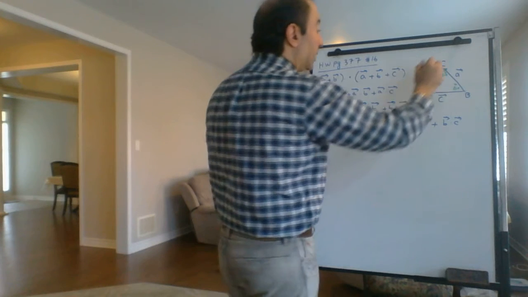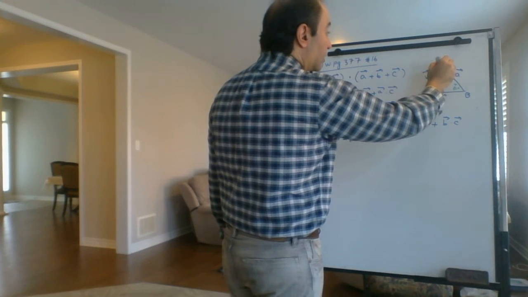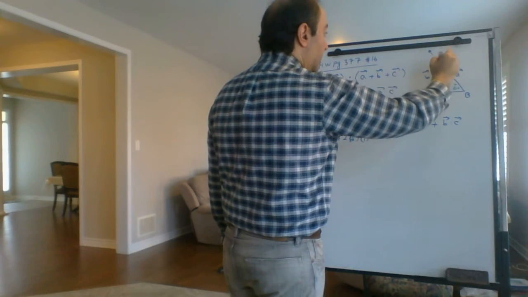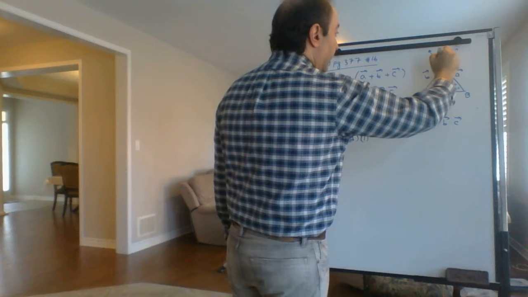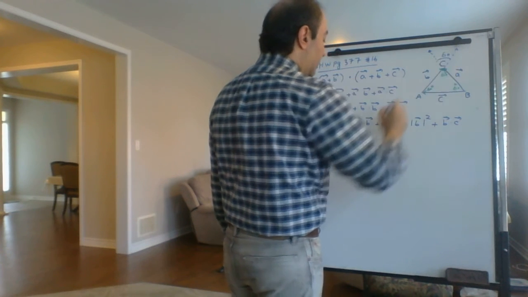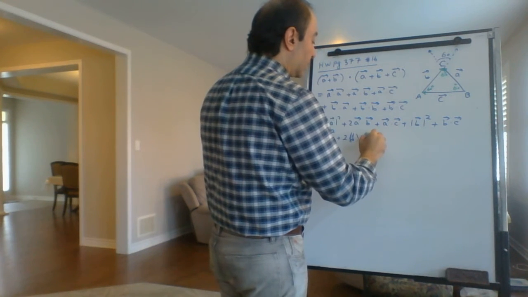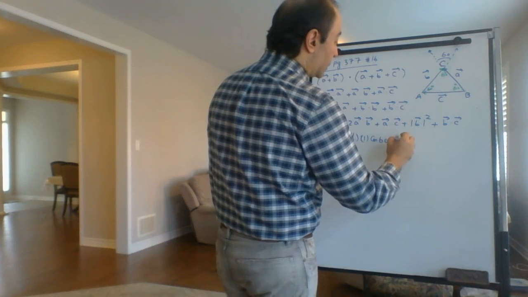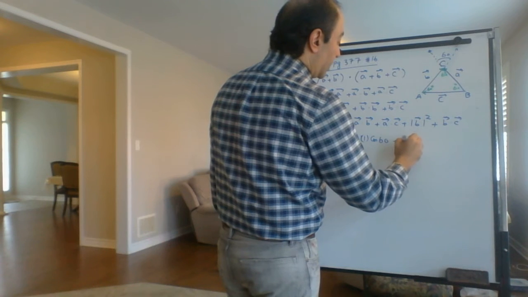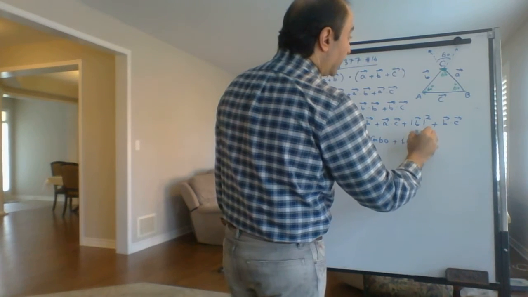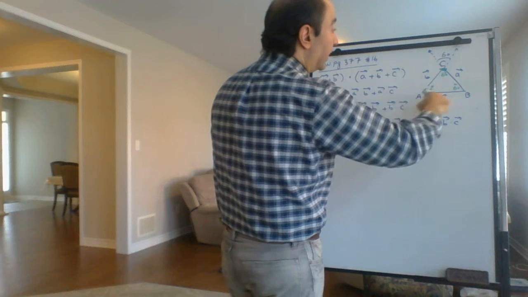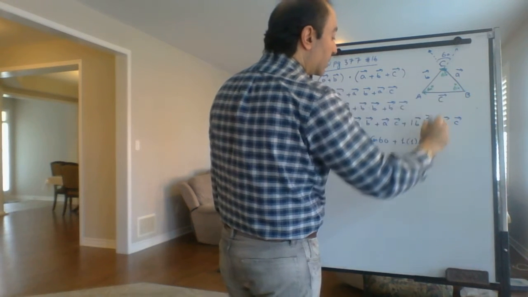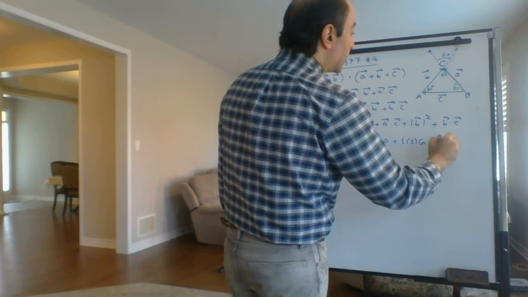The angle between A and B is the angle between the tails, not the angle between the heads. But if we extend this, A is here and B is here, the angle between the tails will also be 60. So this is cosine 60. Plus A dot C. A dot C is 1 times 1 times cosine of the angle between A and C, which is this angle because those are the tails, so cosine 60, plus